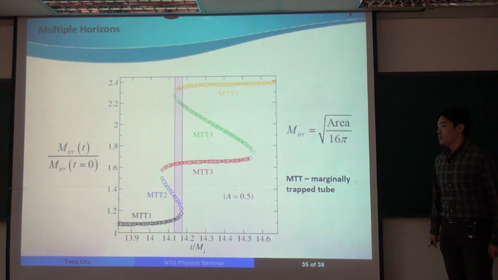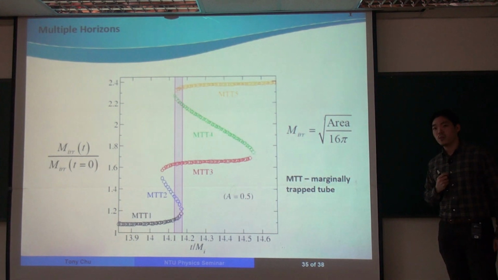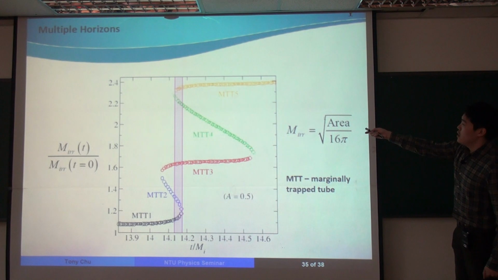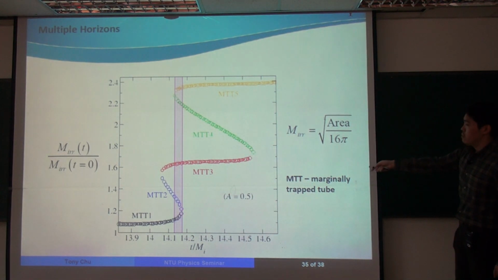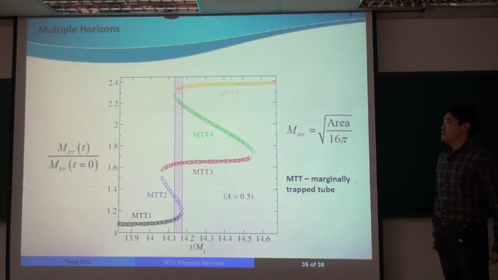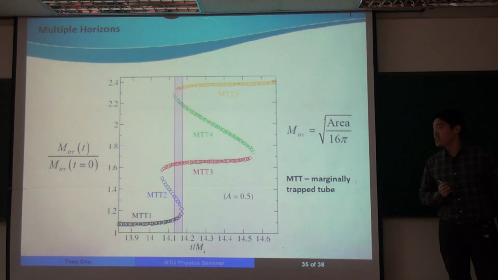quasi-local horizons existing at the same time. So we have 5 black hole horizons representing a single distorted black hole. And then at late times again, we only have 1 quasi-local horizon at each time. So then at late times, after the distortion has left, things look normal. So this is an interesting behavior of